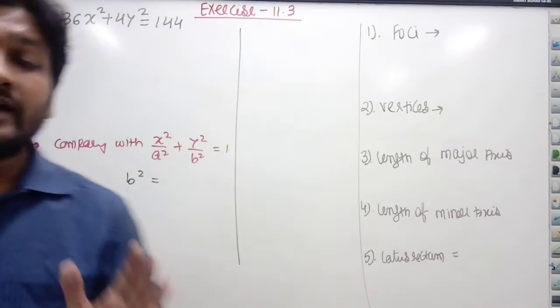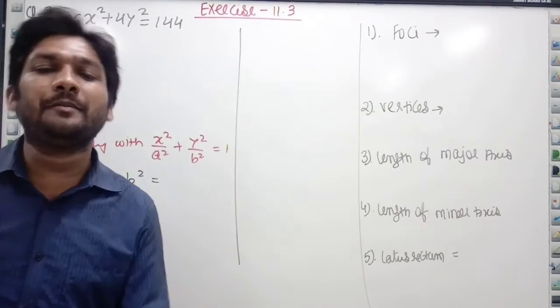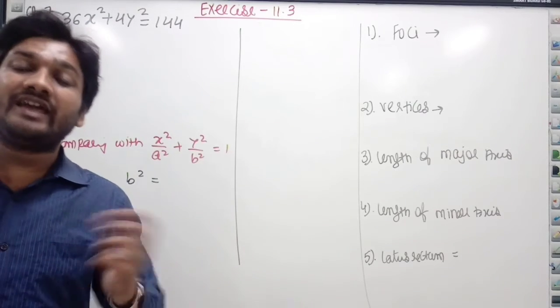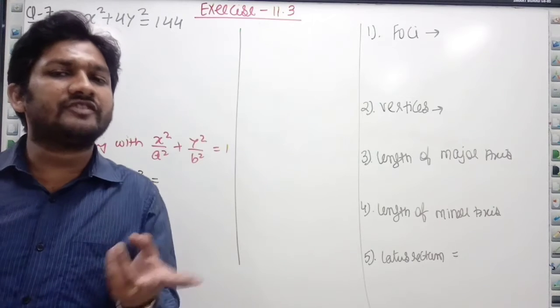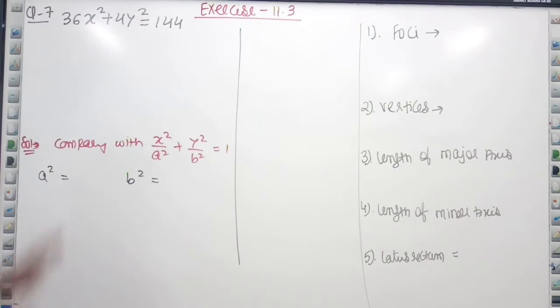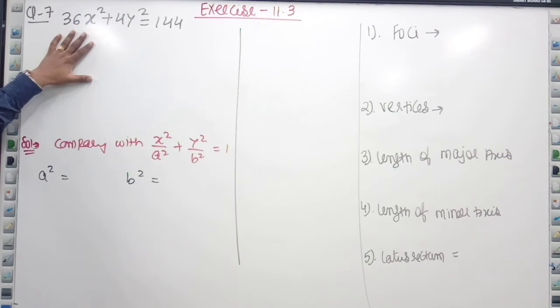Okay. Now, as the first 6 questions are the same, somewhere we will be having A greater than B, somewhere we will be having A less than B. Now I have taken some different variety, a little bit different, you can say. This is question number 7, right? If you have any problem in 1 to 6, first 2 I have already solved, 3 to 6, then you can ask in the comment box.